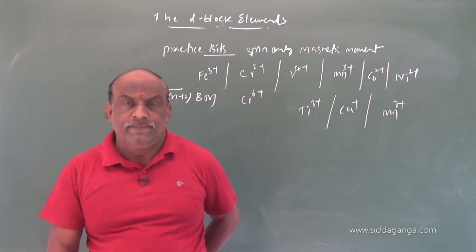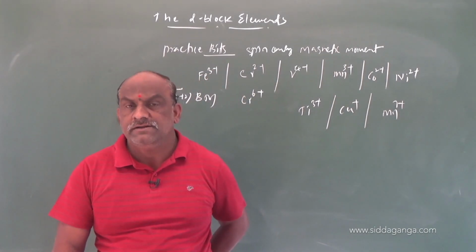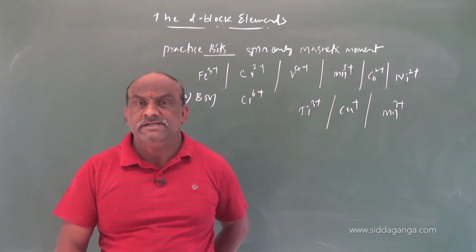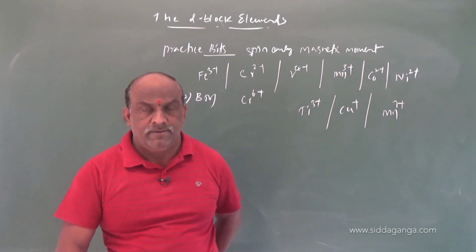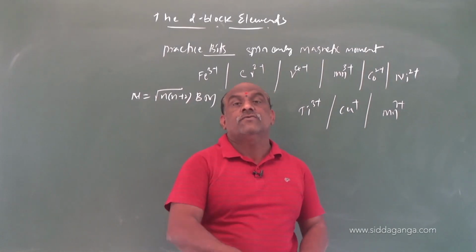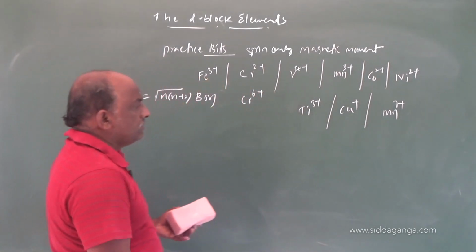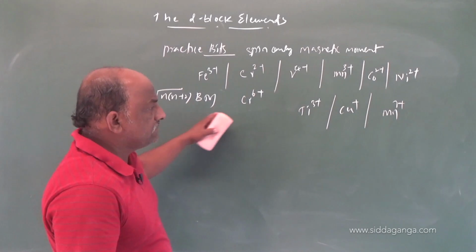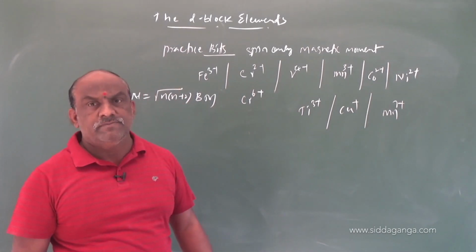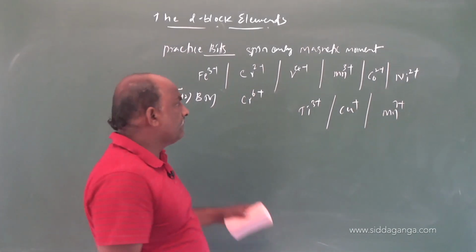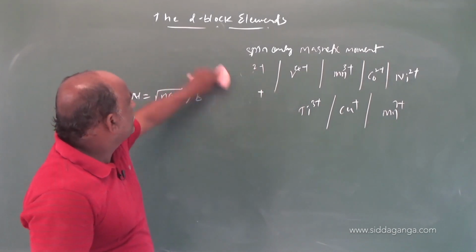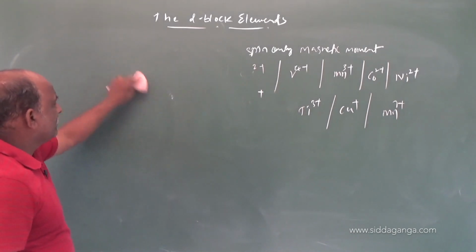This will be the magnetic properties. One more property is that transition elements exhibit color, forming colored compounds. So note down these examples and practice them, they are very important. And the next one is the color property.